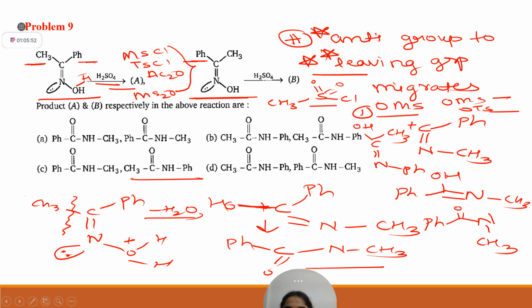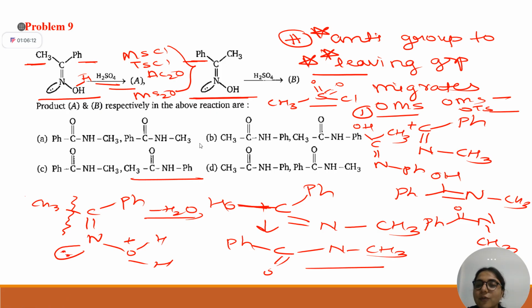So when you are solving these questions, make your own tricks: how can I write this product in the minimum amount of time? Because in the exam you can't write a detailed mechanism. So in order to do this, first learn what mechanism is involved. If your understanding is clear, let's say in the exam you forgot the trick, but you know the main logic behind it. But for doing it quickly, you should know these tricks. You just swap the groups attached to your carbon and nitrogen, Ph here, OH there. And now only enol tautomerization will happen and you will get the product.